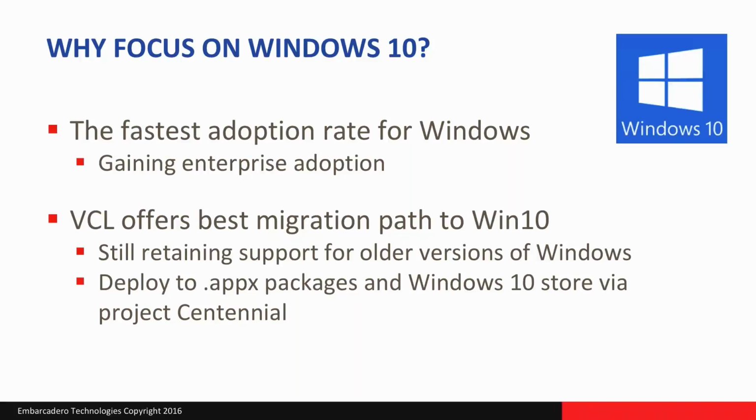The reason for that, of course, is not just to keep up to date because Windows 10 is the most recent version, but also that it has a very fast adoption rate for Windows and has a lot of enterprise adoption. And we want to help you migrate to that and to make your applications available for your customers who are using Windows 10. So the VCL offers the best migration path to Windows 10